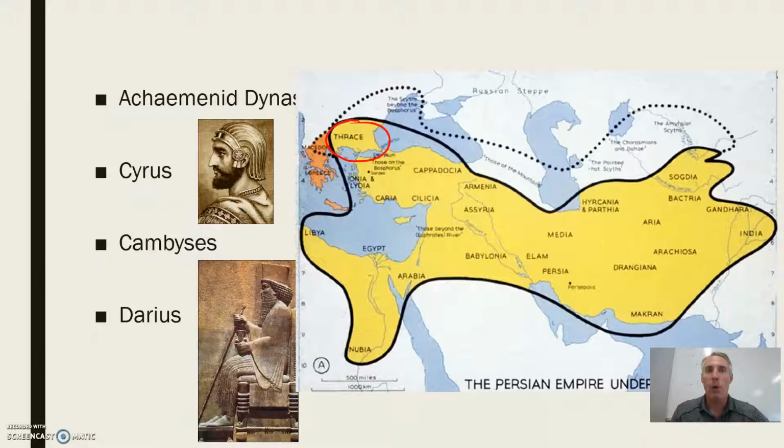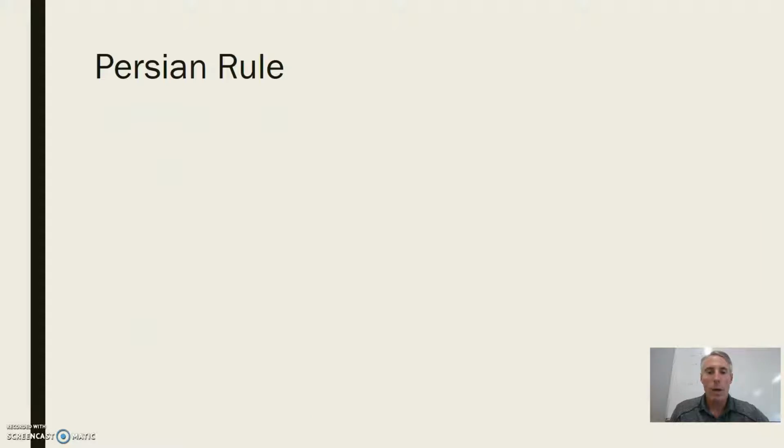And given overall population levels of the earth at that time, historians figured out that mathematically he probably ruled over about 44% of the world's population. So it was impressive what he was in charge of. Very, very powerful ruler. Okay, I'm going to go over one other thing here in this video. So with Persian rule, the Persians were very effective